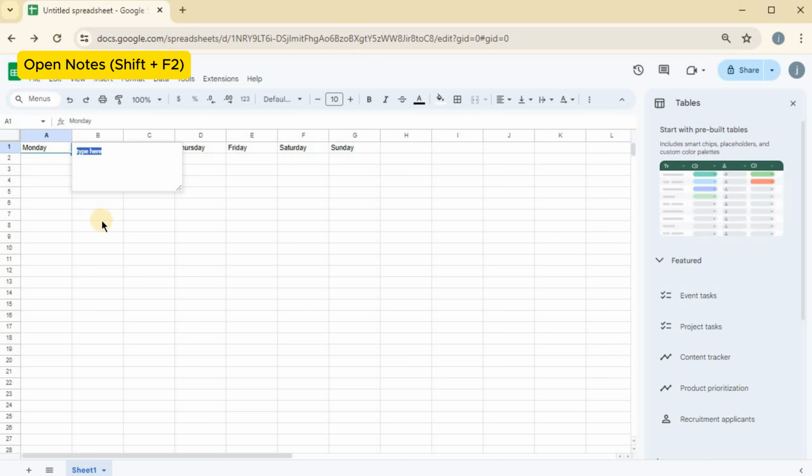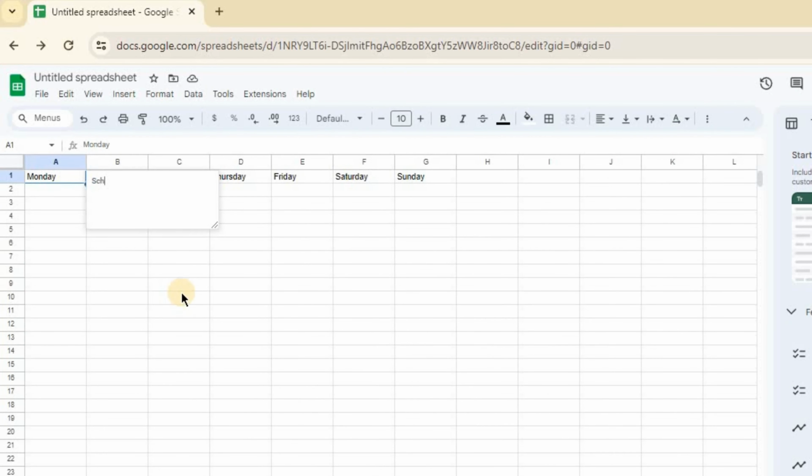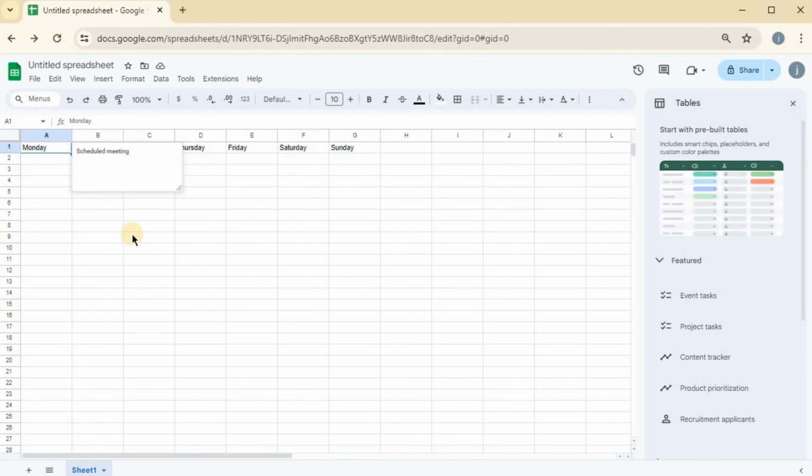Clicking this command or using the shortcut triggers a note to be attached to your chosen cell, signified by a text box that pops up. Within this text box, you are free to type any and all notes, comments, or bits of information that you believe are necessary to further explain or expand upon the data in your chosen cell. After you've entered your note, click anywhere outside of the text box, and your note will then be successfully attached